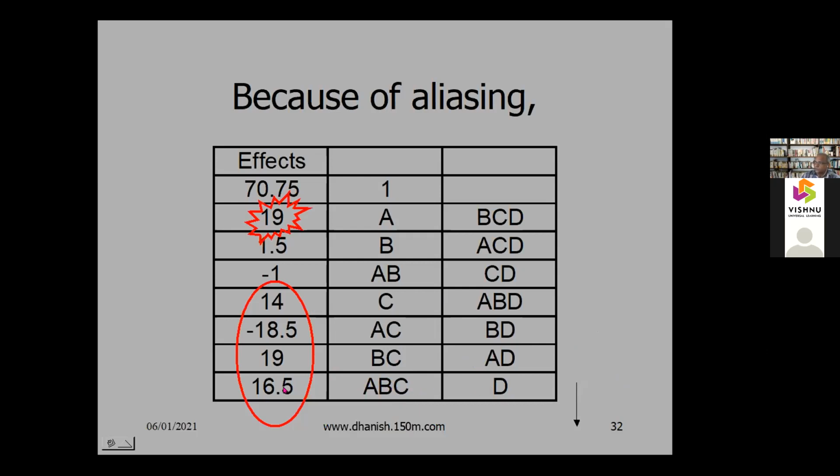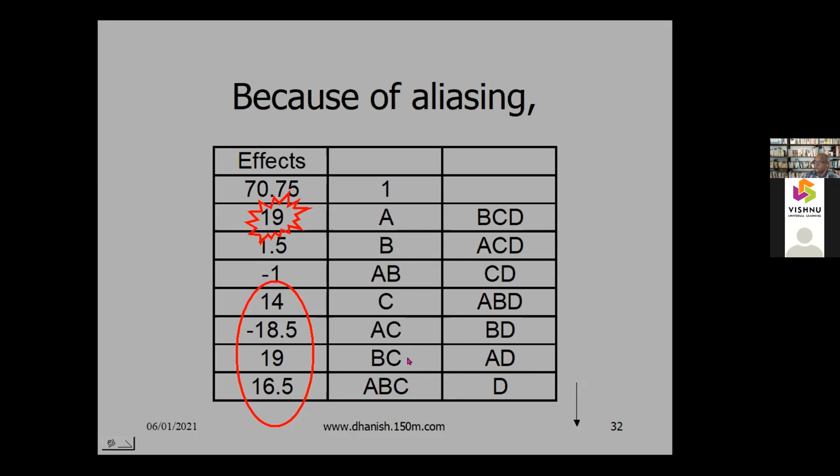Then we attribute this high value to D. So we can say that this is due to D. Then since B is not significant, in the remaining ones, B is here, this one, this one, this one. Since B is not significant, again we can say the B into C interaction may not be significant. So since D is significant, and A is also significant, this is due to AD. So we say this is D, this is AD.